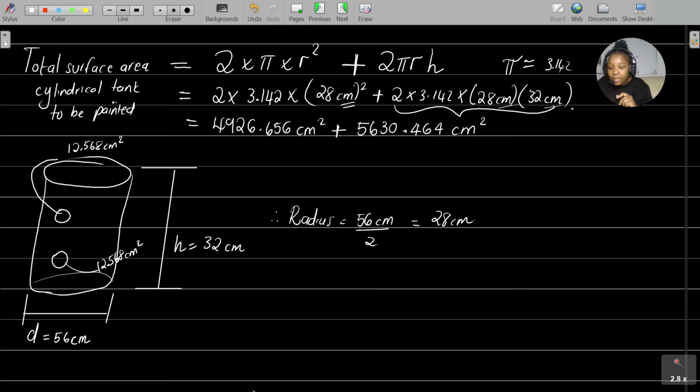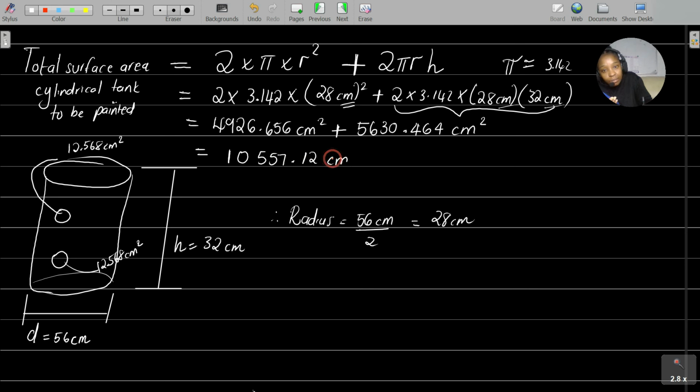Centimeters times centimeters, centimeters squared. Then you take that 4,926.656 plus 5630.464, and you'll find that the total surface area of the cylinder is 10,